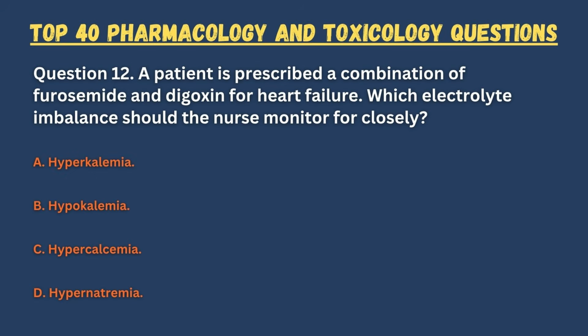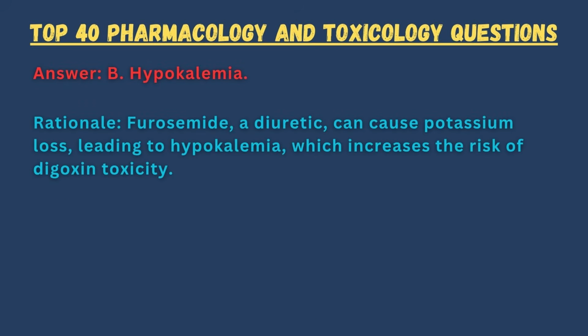Question 12. A patient is prescribed a combination of furosemide and digoxin for heart failure. Which electrolyte imbalance should the nurse monitor for closely? A. Hyperkalemia. B. Hypokalemia. C. Hypercalcemia. D. Hypernatremia. Answer. B. Hypokalemia. Rationale. Furosemide, a diuretic, can cause potassium loss, leading to hypokalemia, which increases the risk of digoxin